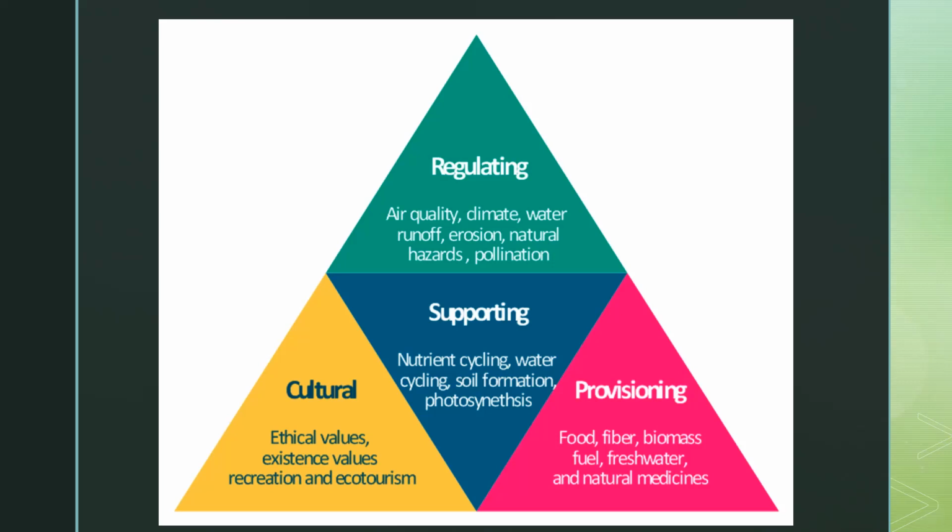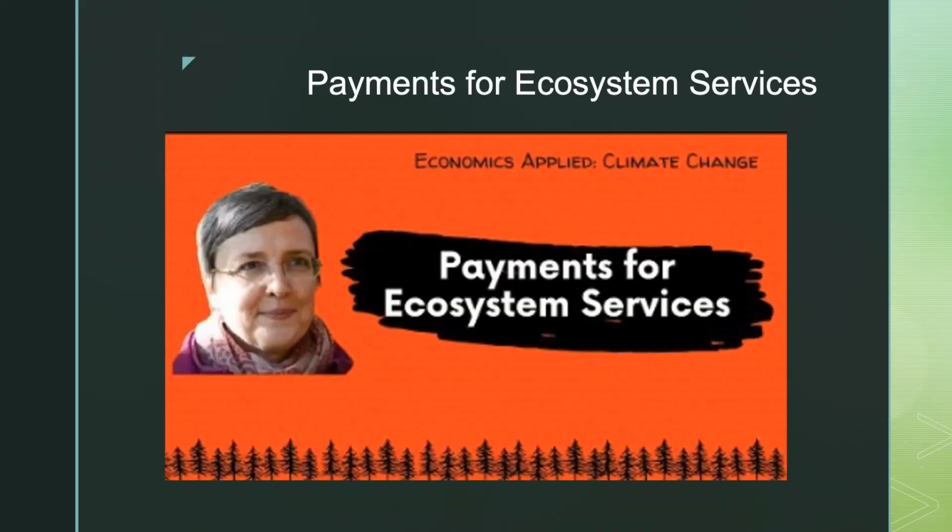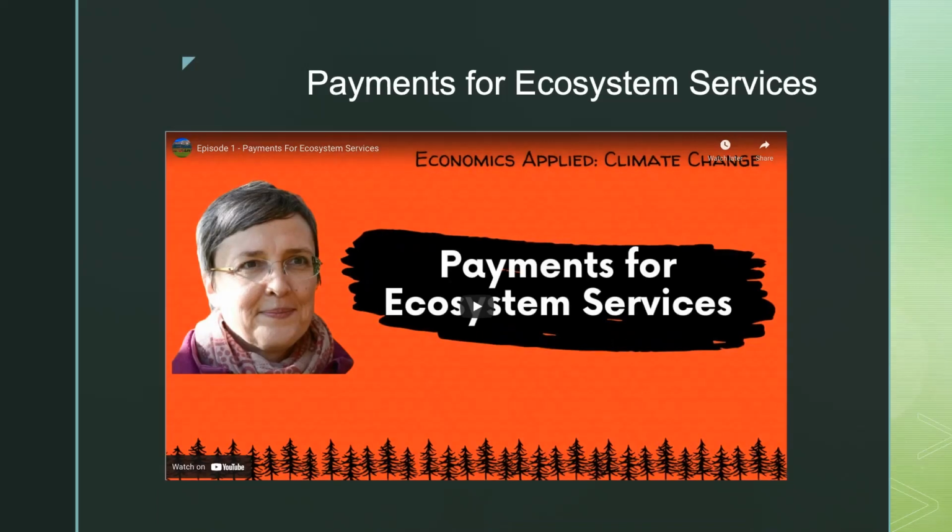So there's so much value to ecosystem services, but how do we preserve them? How do we get other people to value them? Well, one approach that ecological economists have taken is a program for payments for ecosystem services, where you would actually pay constituents, pay people to preserve ecosystems instead of using them for their productive value. This video here is going to talk about a specific policy example and what they saw as outcomes of the initial introduction of that policy.